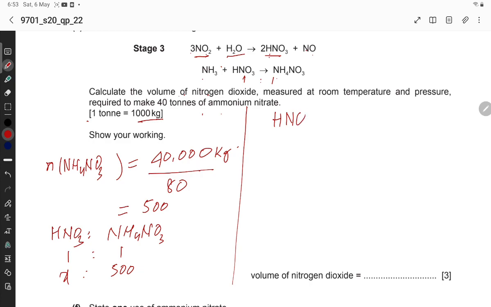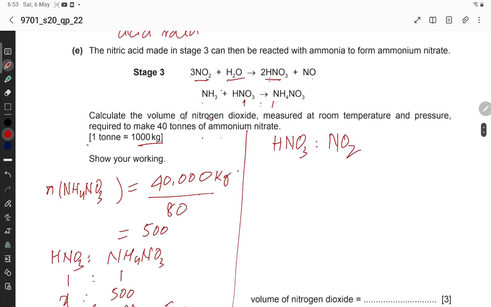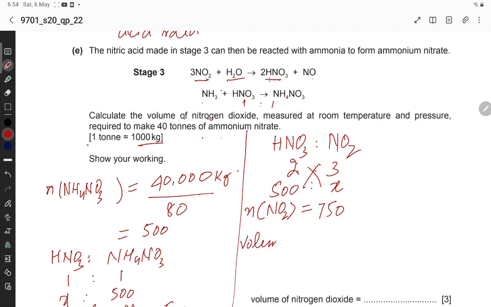So moles of HNO3 is equal to 500, and the ratio of nitrogen dioxide to nitric acid is 3 to 2. The moles of nitric acid is 500, ratio X. Now by cross multiplying, the moles of nitrogen dioxide is 750, and the volume of nitrogen